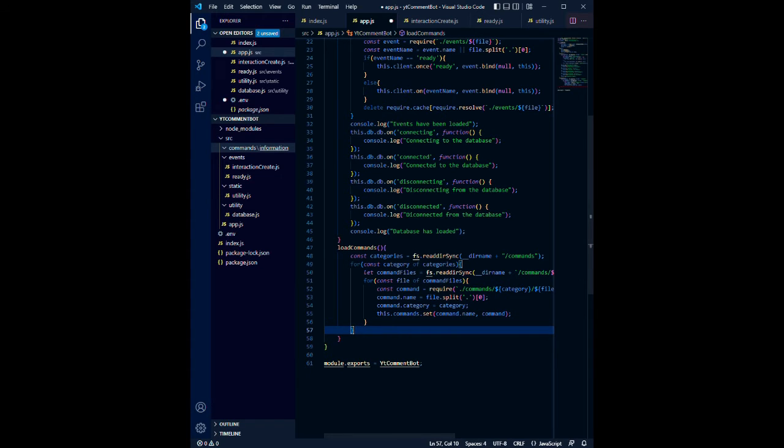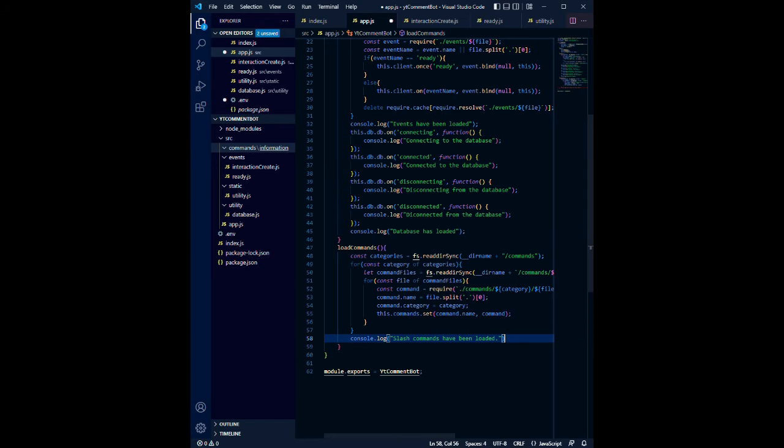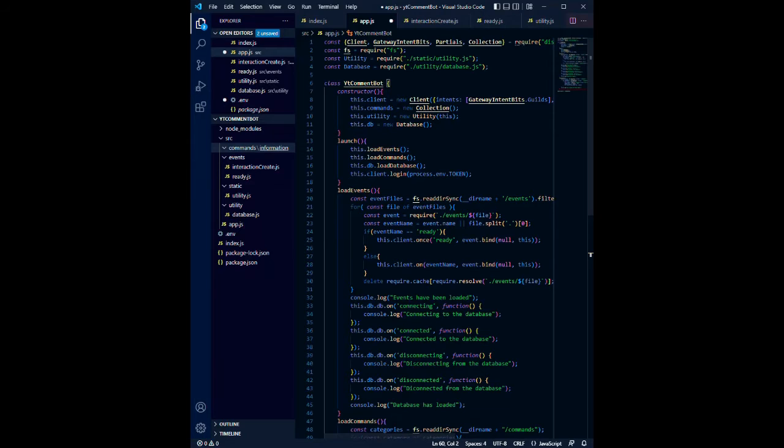and this is pretty much it, and then we'll just console.log that slash commands have been loaded. Yep, and that's it for that file. Oh, and yeah, that will just export the class. So that's it for this file. So we'll go ahead and save it. So now,